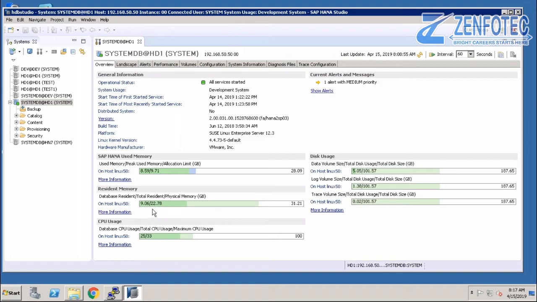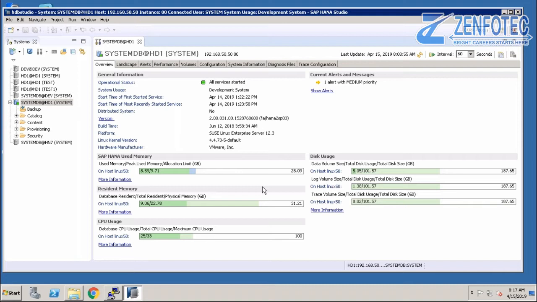This resident memory is equal to your HANA used memory plus OS related process memory. In the system many processes are running: the HANA processes and the OS processes.